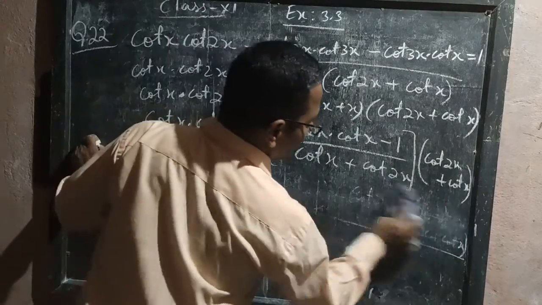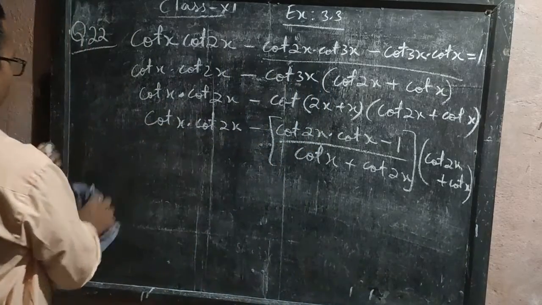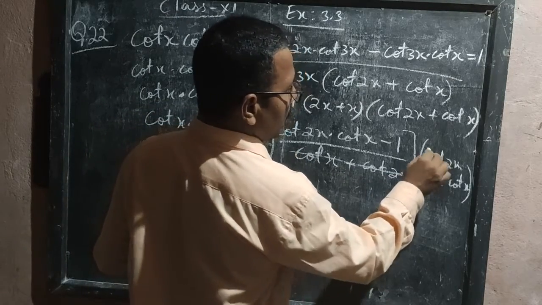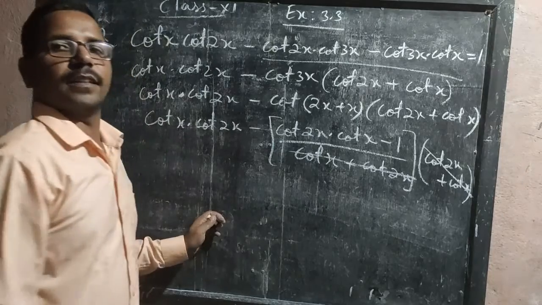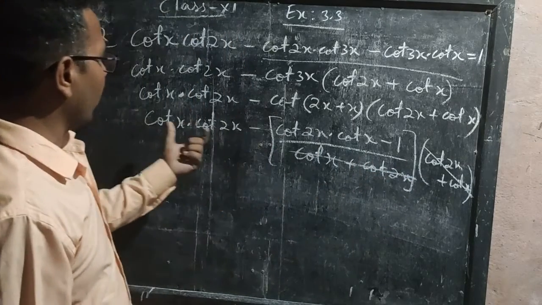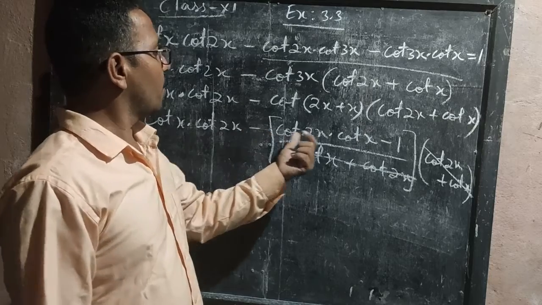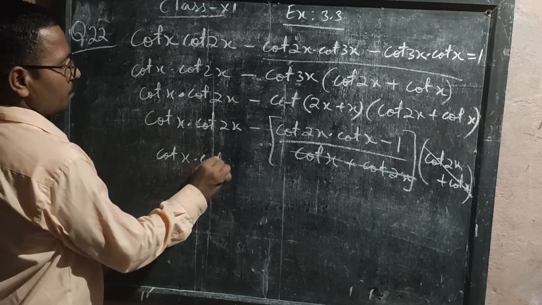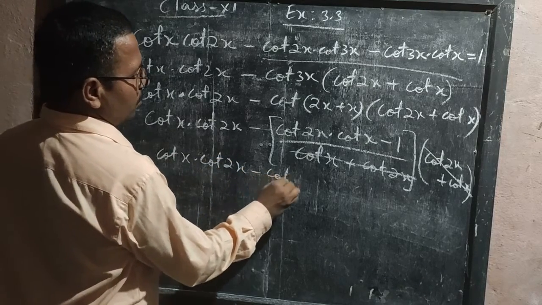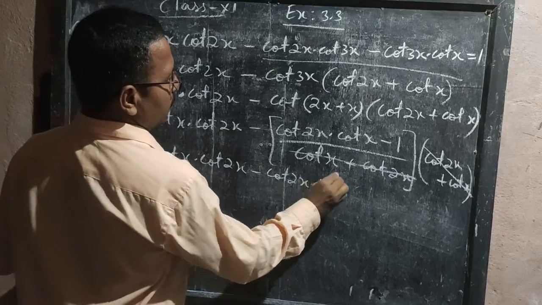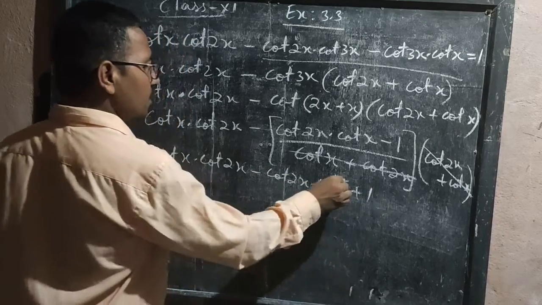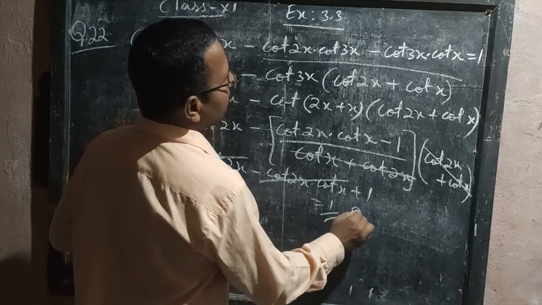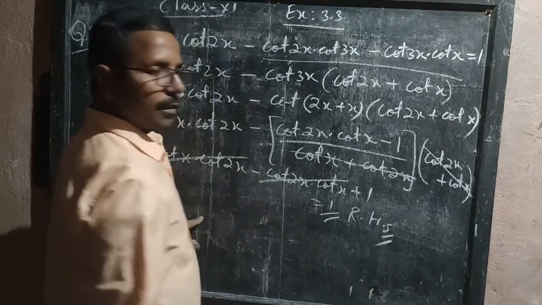So as we are looking here, this one is in multiplication, cot x plus cot 2x and cot 2x plus cot x, it can be cancelled because of multiplication. Now whatever is remaining, just do the multiplication with the negative sign. What will we get? Cot x into cot 2x and minus cot 2x into cot x plus 1. This one is negative and this one is positive, so they cancel. How much are we getting here? 1. It is equal to the RHS. Hence this is proved.